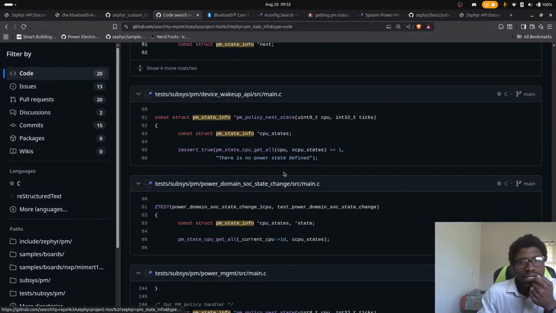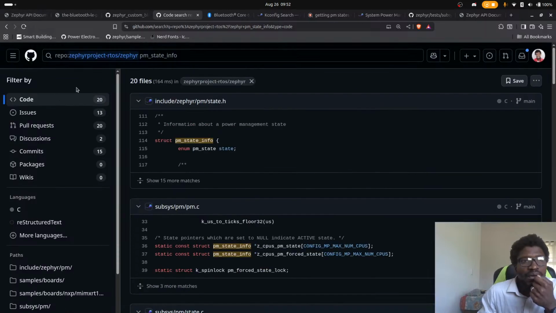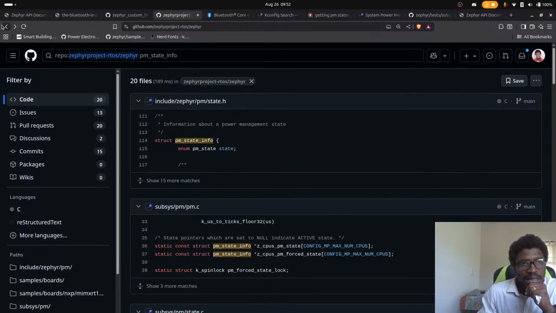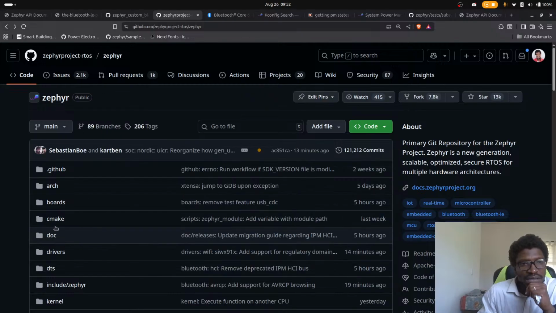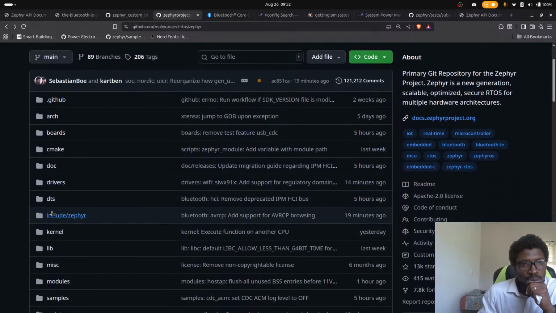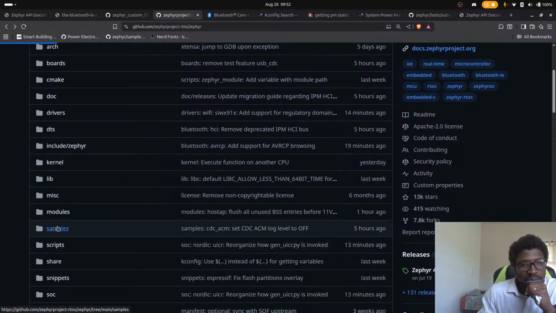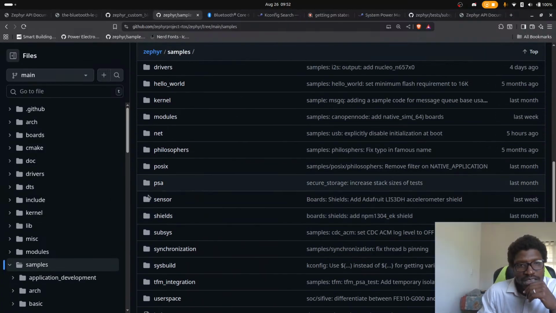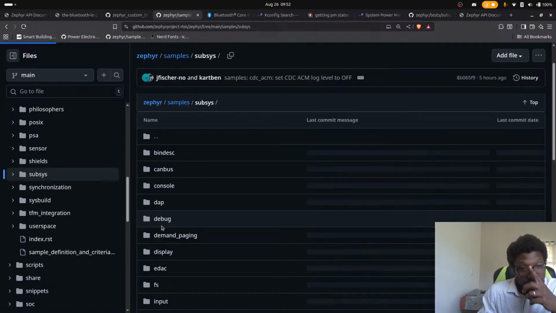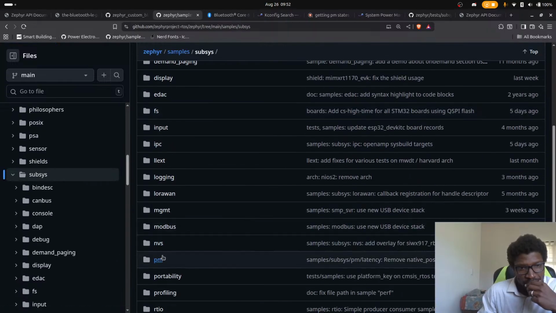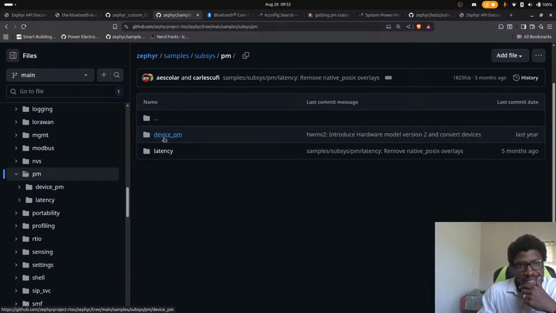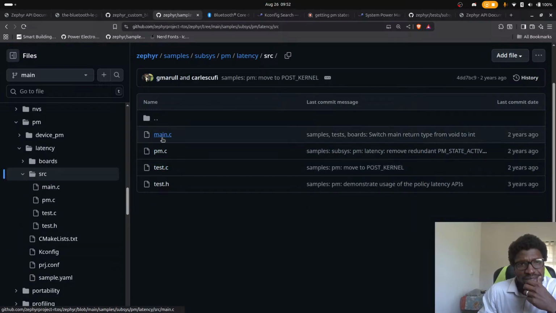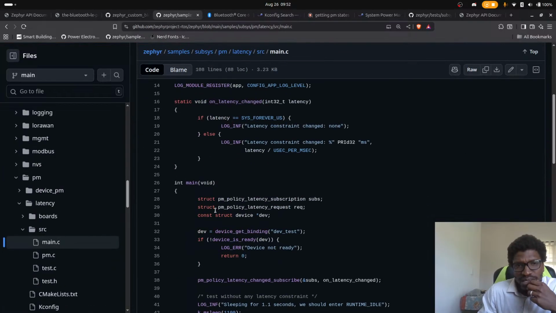Let's look at the power management sample, please. Let's go back and look at the power management sample. Maybe that has information on samples. Subsystem, PM, latency. No, this is not good. This is not good. Because what I wanted to do is I wanted to get